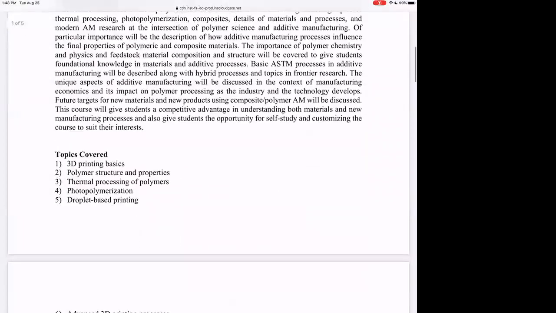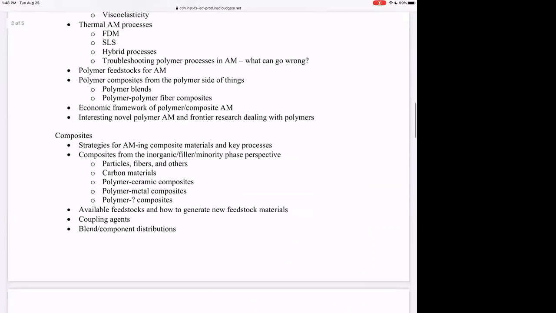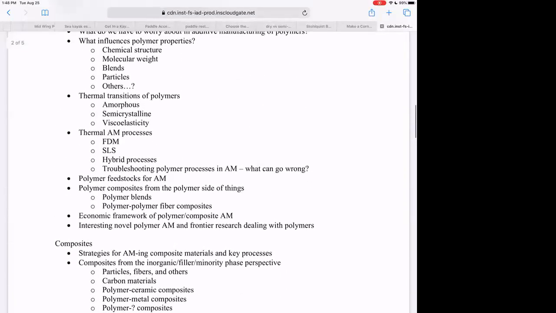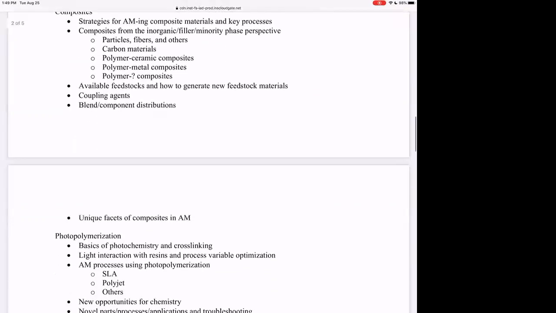Syllabus, course description, topics, details. If you haven't taken a polymer course, that's okay. You'll learn the polymer fundamentals that you need to learn in this class, but you'll have to be able to study the lingo and the nomenclature a little bit on your own. So what does molecular weight mean? What does amorphous mean? What does semicrystalline mean? So you will have to study the polymer basics a little bit, and I'll tell you what the major concepts are. Talk about composites,